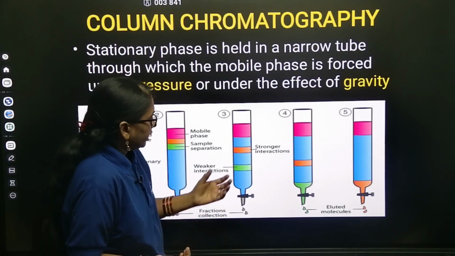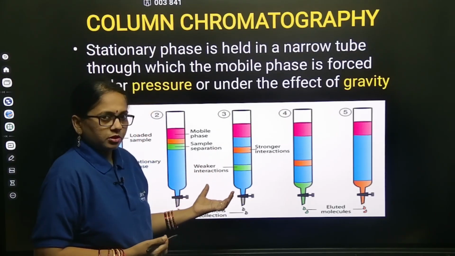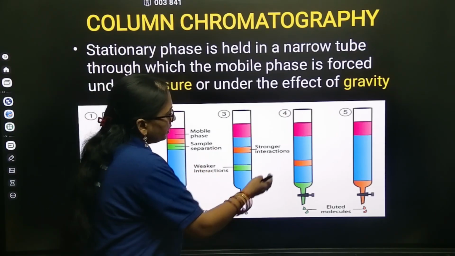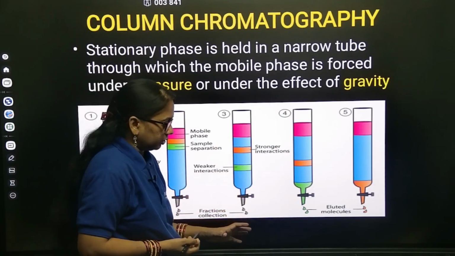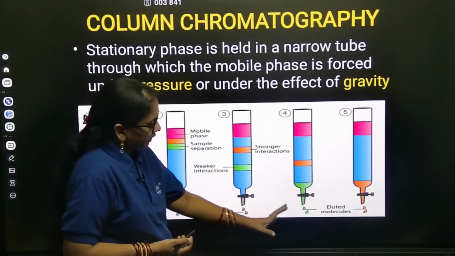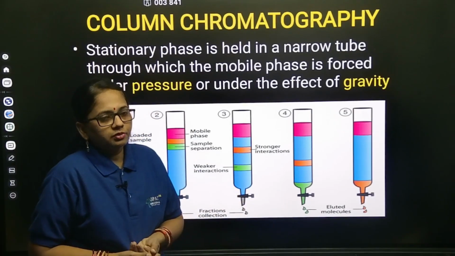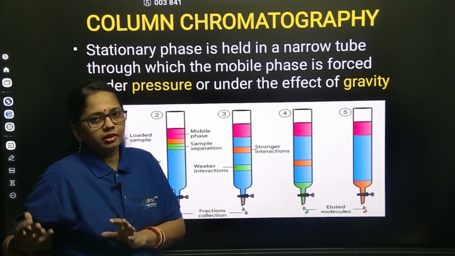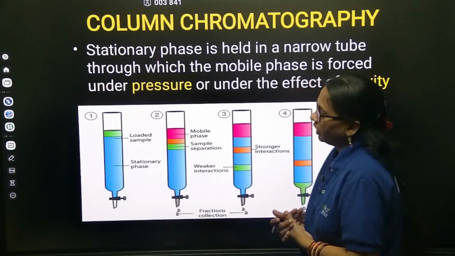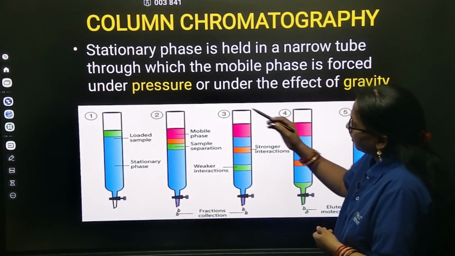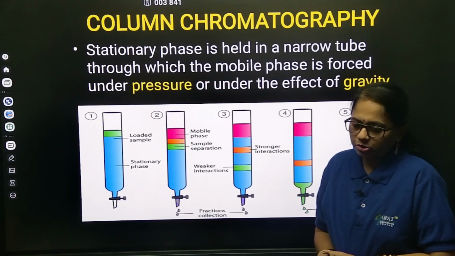In most columns, you are going to observe the colored compounds, meaning the colored bands, in the column itself. So, the eluted molecules of different colors we can collect very easily. If colored compounds are not observed, we can collect the fractions, extract them, and identify the compounds. So, in this column chromatography, whatever the stationary phase we are going to use,